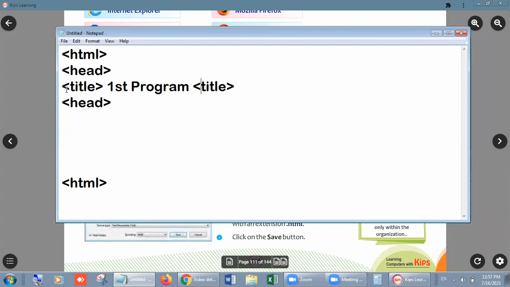Where? First is open. Second, the same tag will be used, but with the help of a forward slash. Forward slash. It means we are closing this tag here. After that, close head, and finally close HTML. Okay, beta. But in between, we have another tag here, and that is the body tag, and we have to close the body tag also.